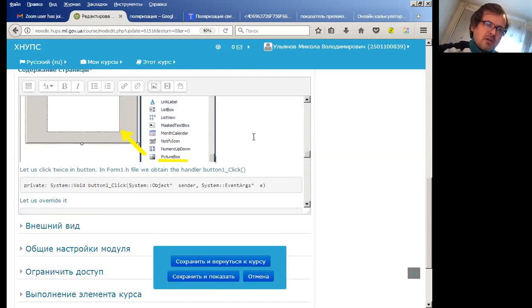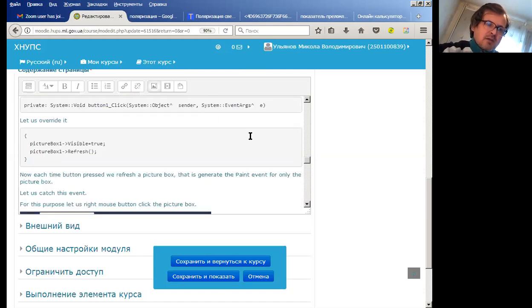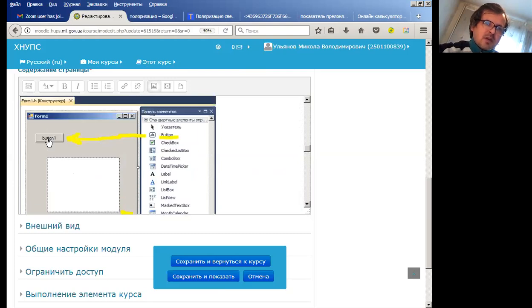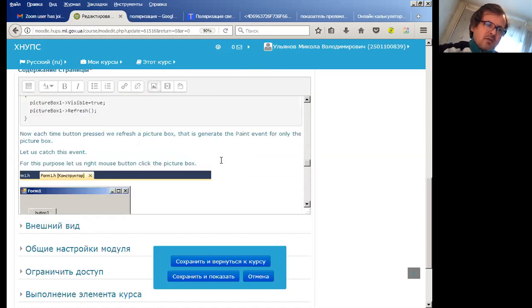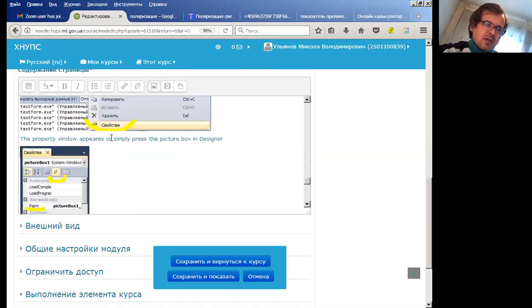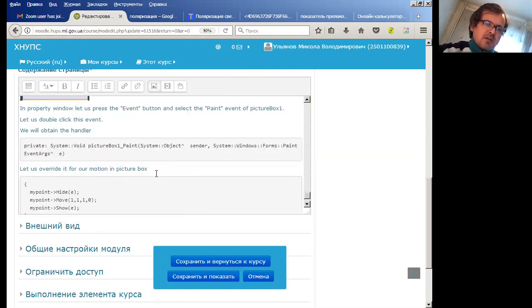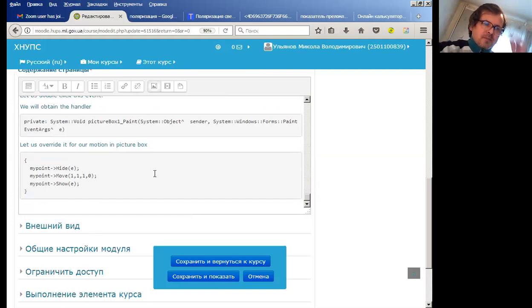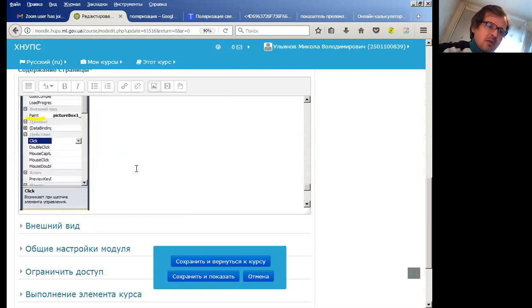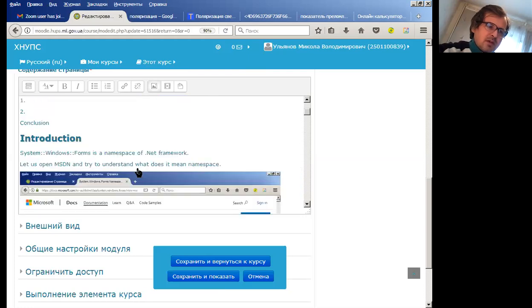We generate the command paint. Each time the button is pressed, the picture box is repainted again and again. So it is necessary to add the reaction paint. Okay, so how to add the reaction paint? In this reaction it is necessary to generate the motion of the point. Okay, so the first question,